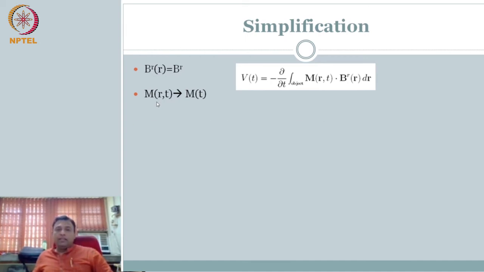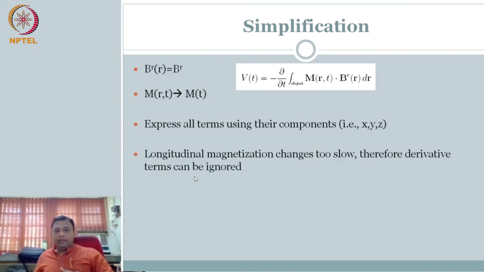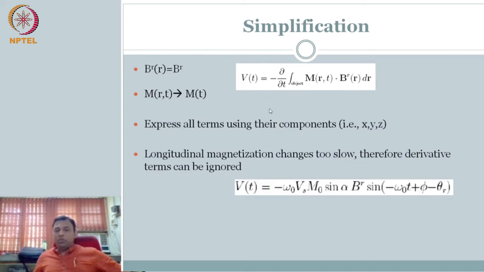If that is the case, then I can write all these terms in terms of x, y, z coordinates. Now you have these vectors, right? So I'm going to split this into components and write it. I can write longitudinal magnetization changes to slope, right? We talked about this. Longitudinal magnetization is your M along the z component. The z component is changing slowly, at least we can pretend it is changing slowly compared to the other direction. So at least that much we can assume without going deeper. So essentially, we substitute all this as simplification.